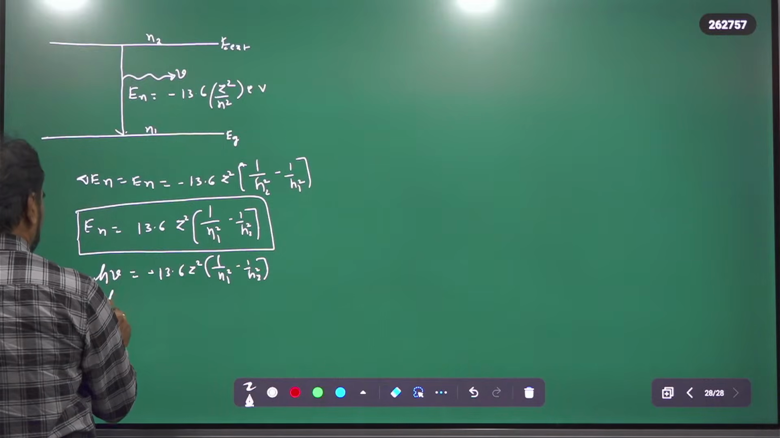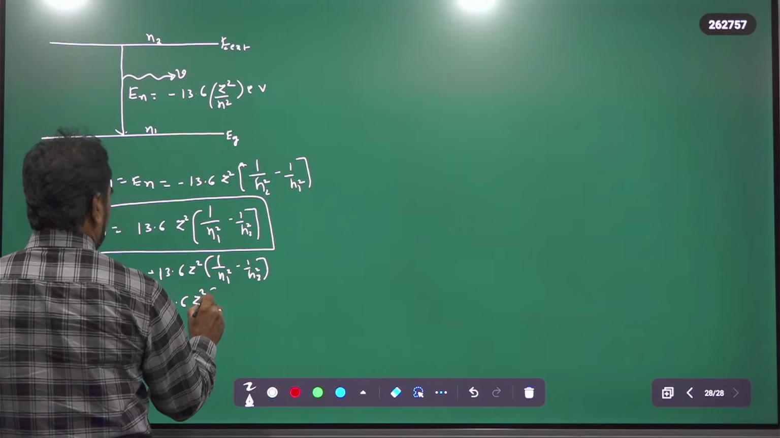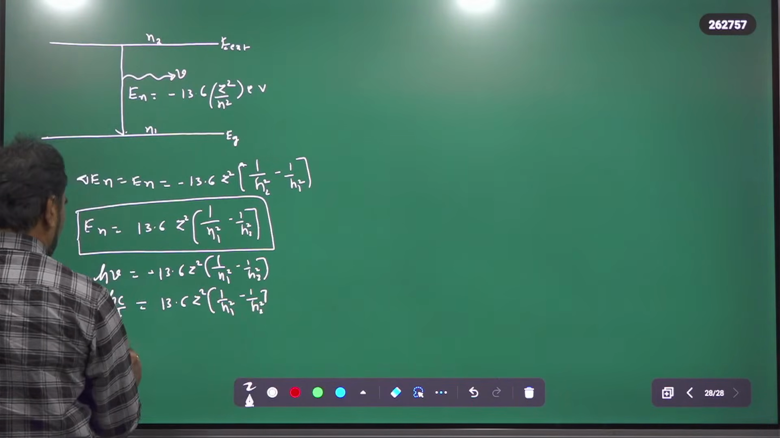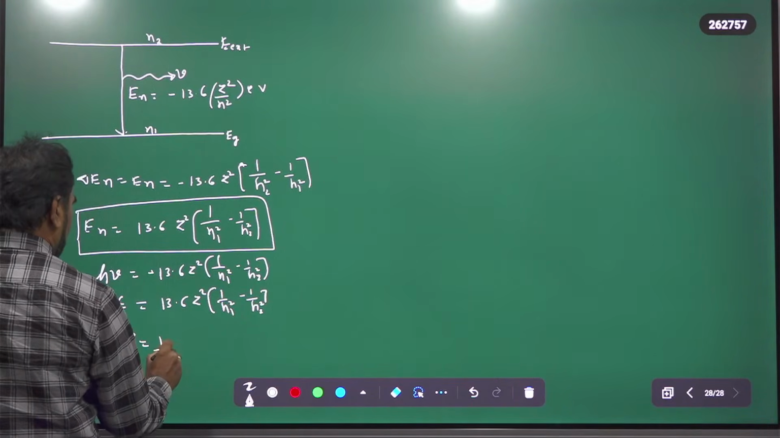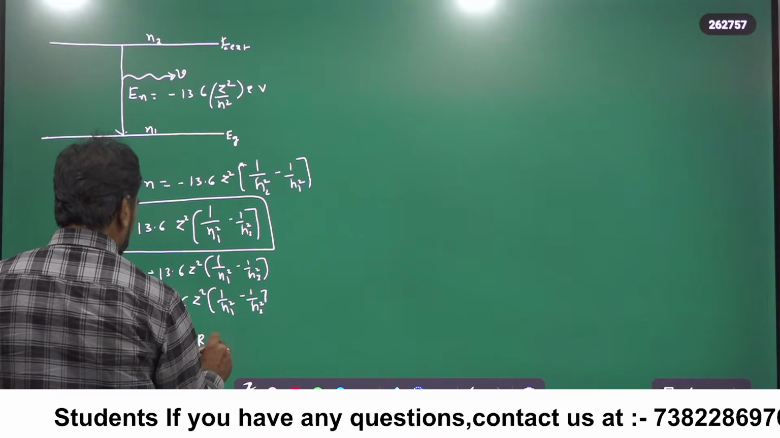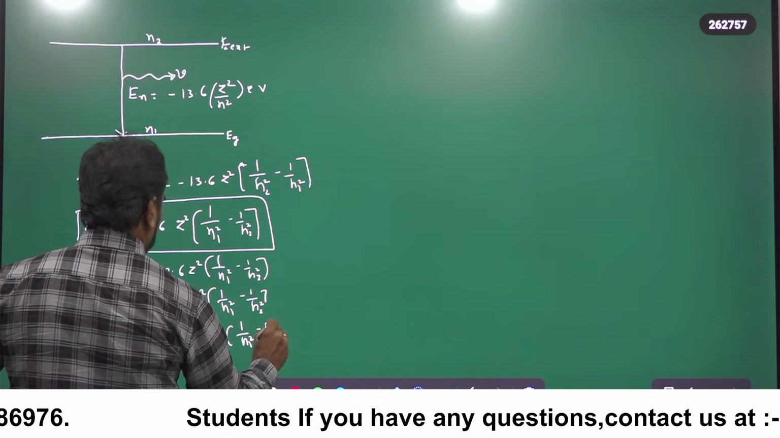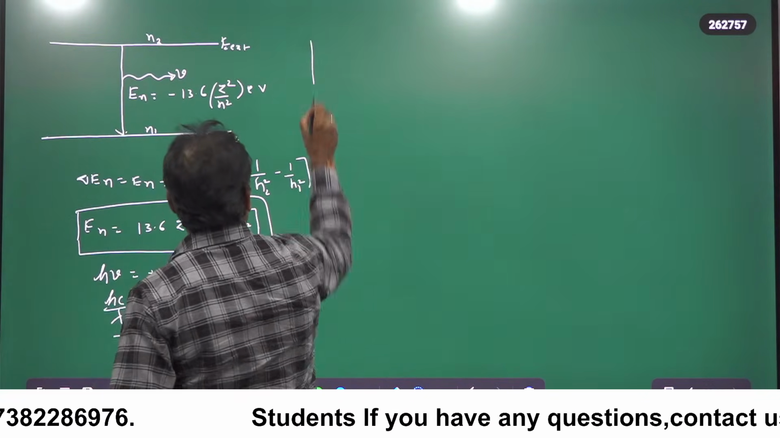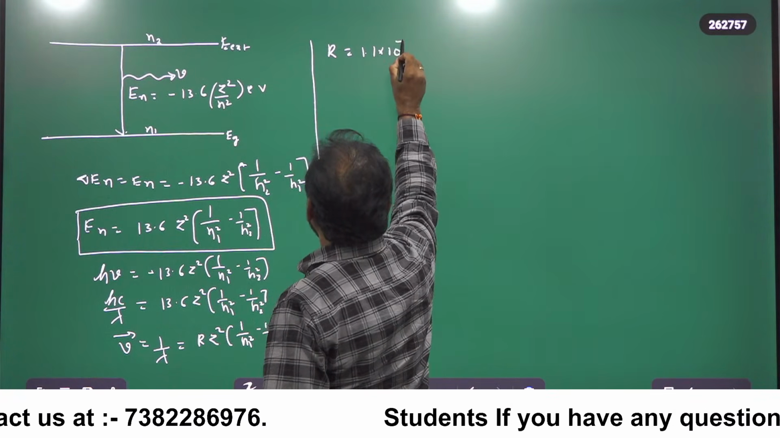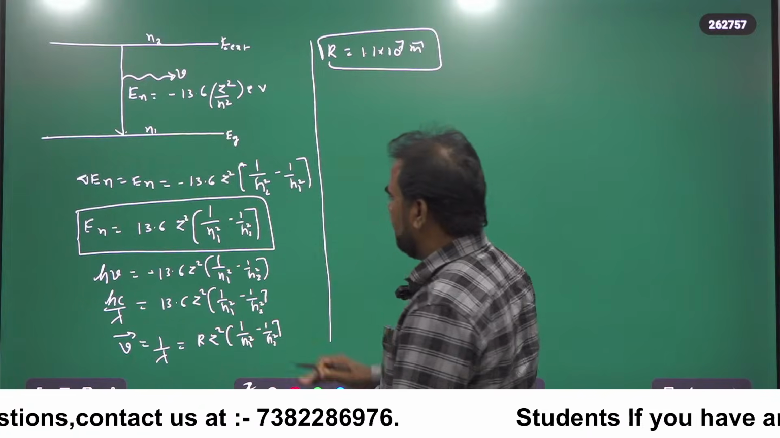Okay, that is hc by lambda equal to 13.6 into Z square into 1 by N1 square minus 1 by N2 square, or nu bar is equal to 1 by lambda is equal to R Z square into 1 by N1 square minus 1 by N2 square, where R is called the Rydberg constant. Its value is R is equal to 1.1 into 10 to the power 7 per meter. Okay, so based on this concept,